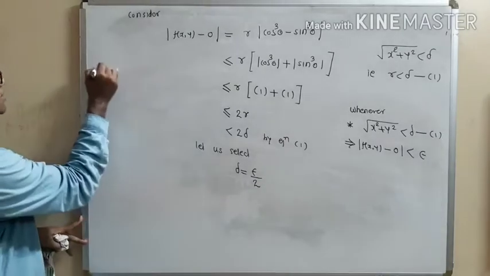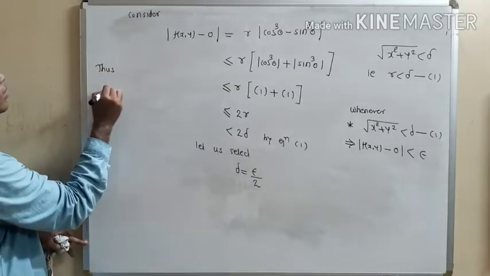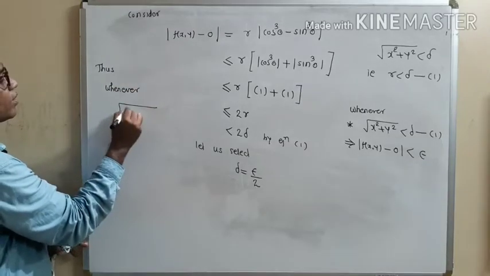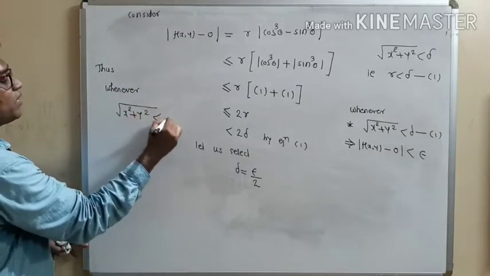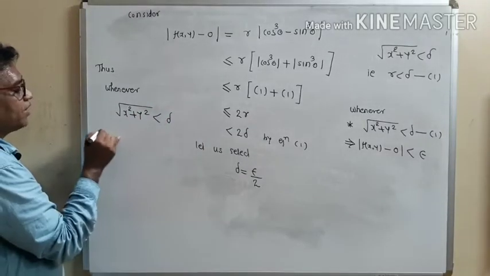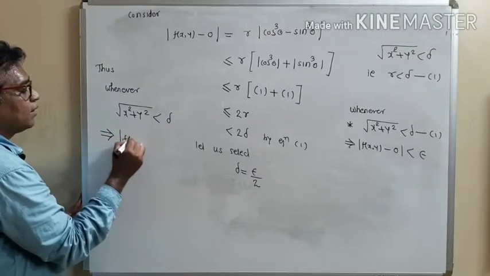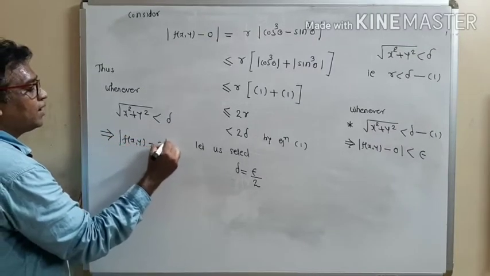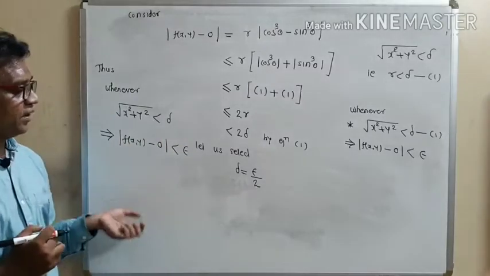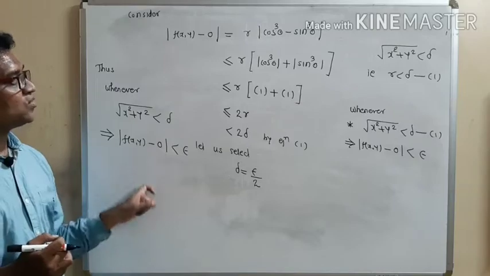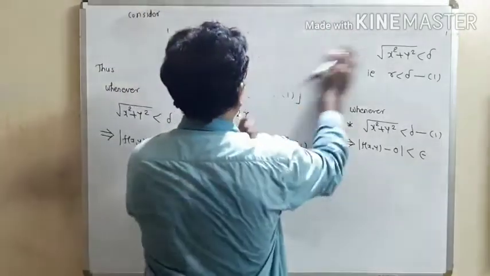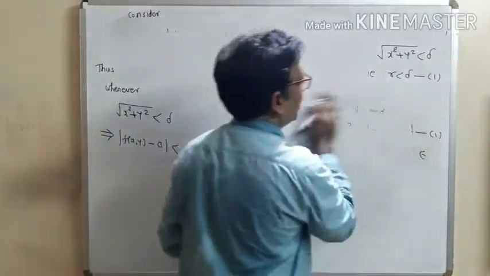So write down, thus whenever under root x square plus y square is less than delta, this is our starting equation, and we have shown that this implies mod f(x,y) minus 0 less than epsilon. So according to the definition of limit, we can say that this 0 is the limit of that particular function. Therefore, by definition of limit,